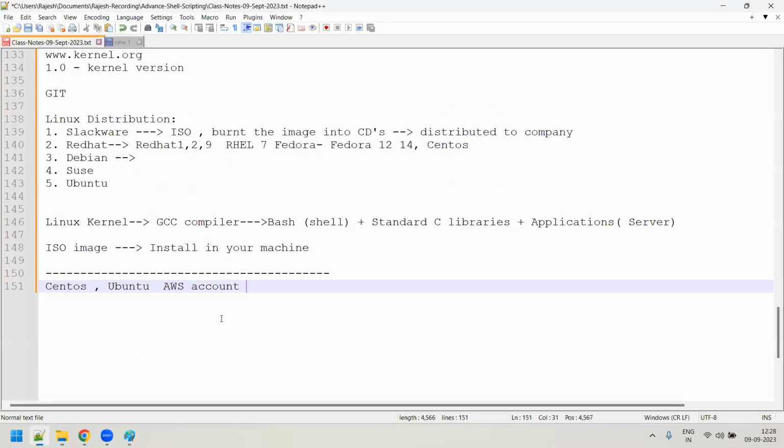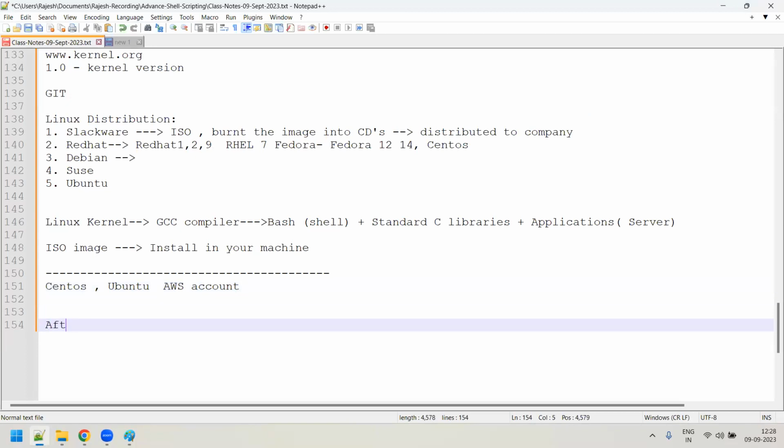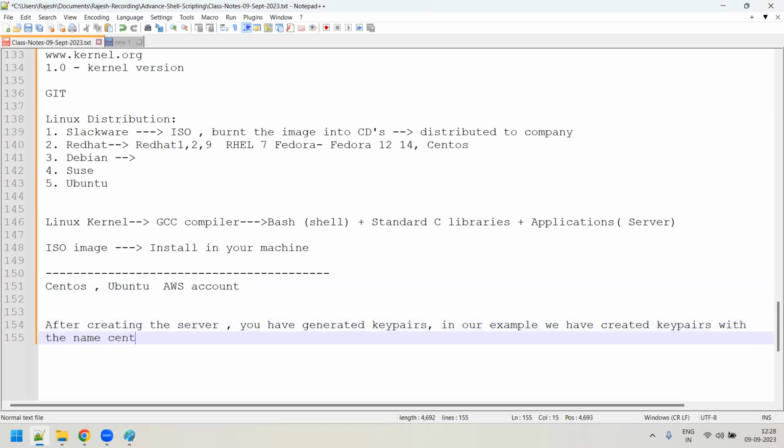So let me write down. After creating the servers, you have generated key pairs. In our example, we have created key pairs with the names CentOS.pem and Ubuntu.pem.